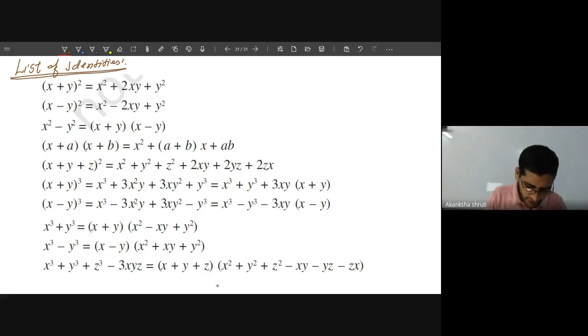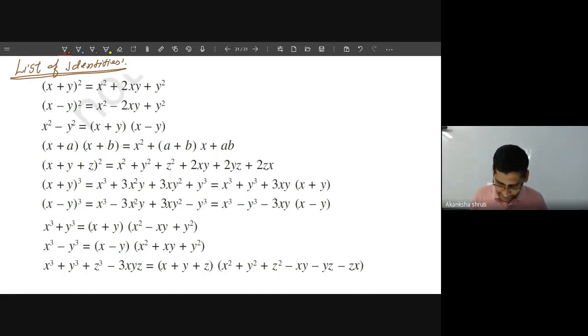तो ये चीजें आपको, ये आइडेंटिटीज रखने हैं. इसको हम कैसे यूज करते हैं आपको हमने एक क्वेश्चन में कर करके दिखाया. Today your time is over, so I have to stop it here. But in the next class, we will continue how the other identities are used for factorization.